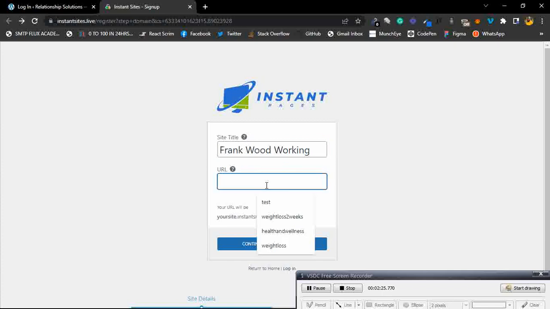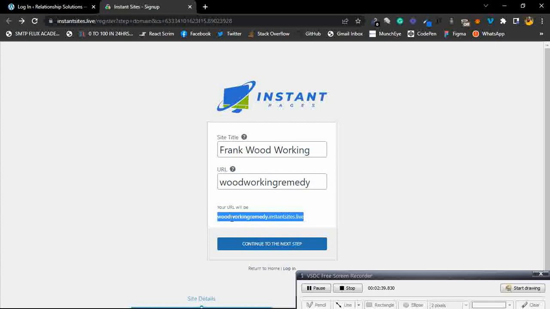I'm going to say woodworking remedy, and as you enter the text in here, you can see a preview of it show up right below. So we have woodworking.instantsites.live. As soon as you enter these details, you click on continue to the next step,